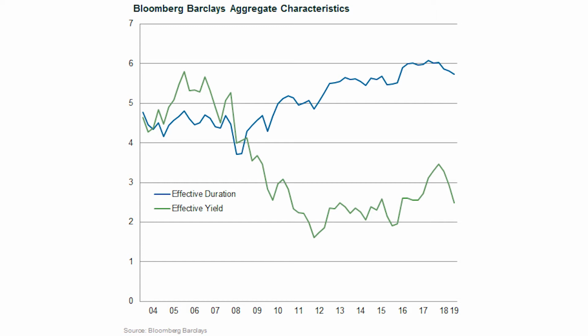But then you compare the yield. Back in 2004 and 2005, you were making 4.5%, even 5.5%, and you had less duration risk. So you can see the green line now, it's getting lower and lower. As of mid-2020, the average yield to maturity on the Barclays is under 1.5%. The interest rate risk, the longer duration risk, and the low yield all make buying into that AG a much different investment than it has been over the last 30 years.